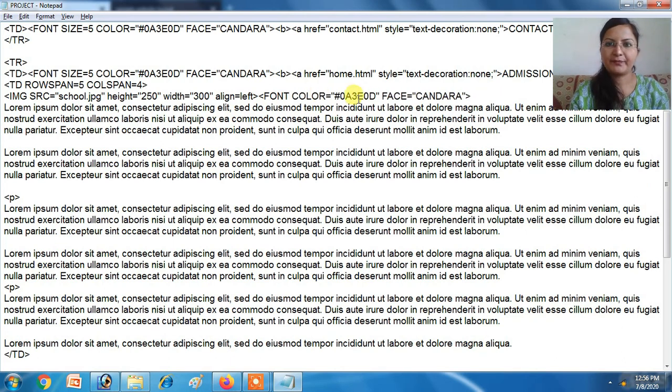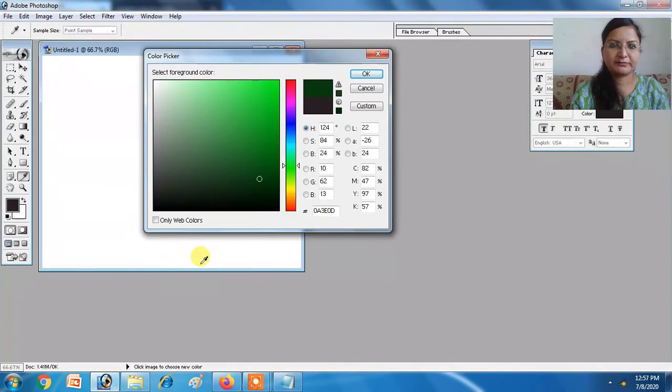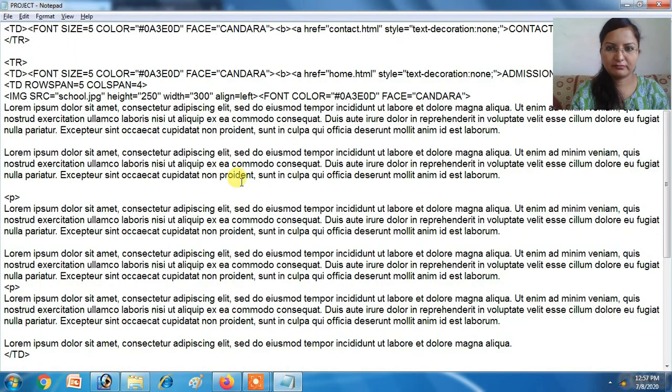And color is this one. Okay, color we have to use dark. So you can take this one.